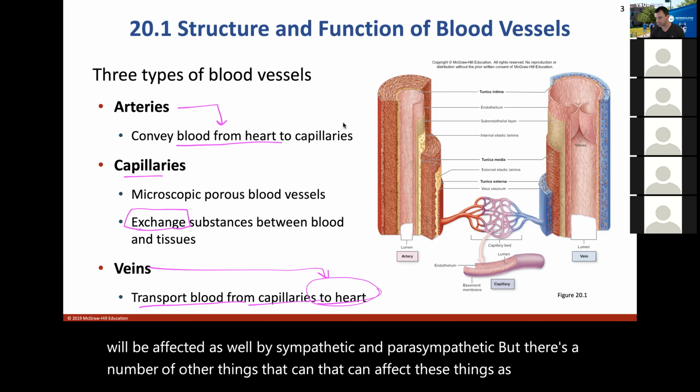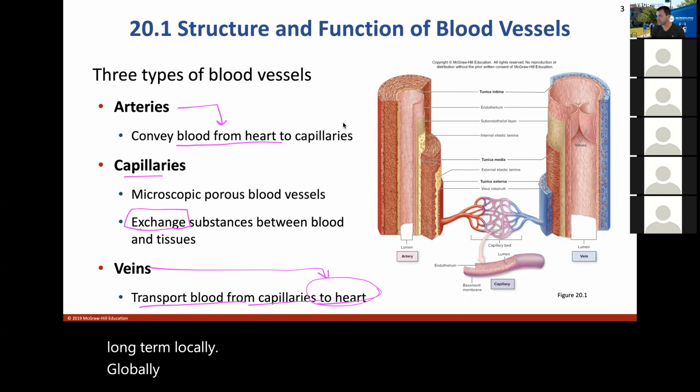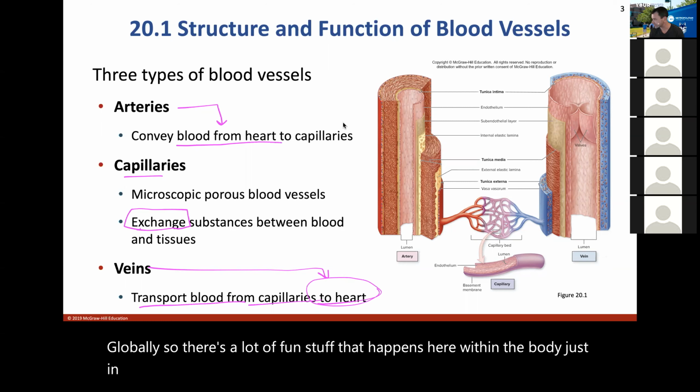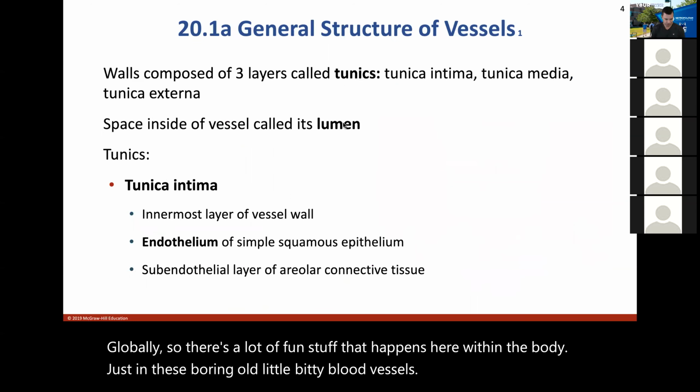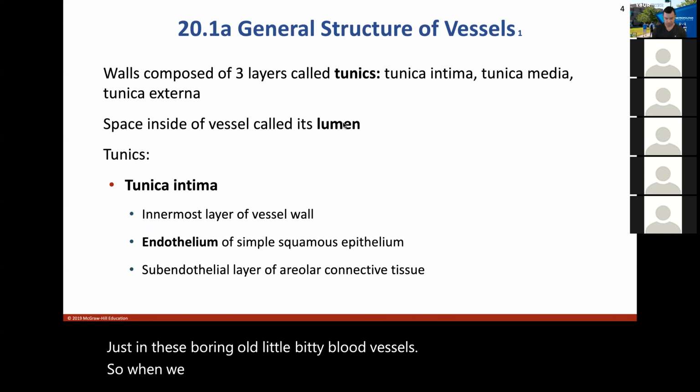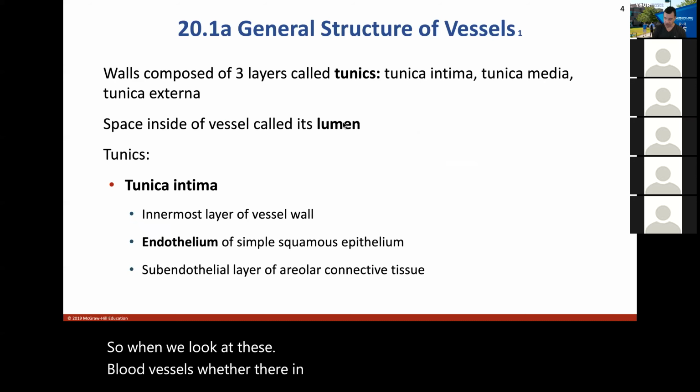Short term, long term, locally, globally. There's a lot of fun stuff that happens here within the body, just in these boring old little bitty blood vessels. So when we look at these blood vessels,